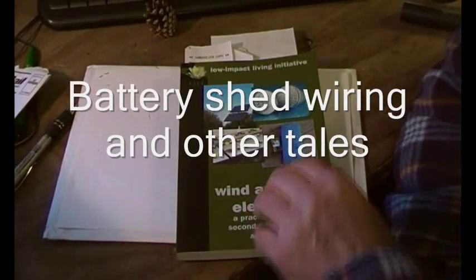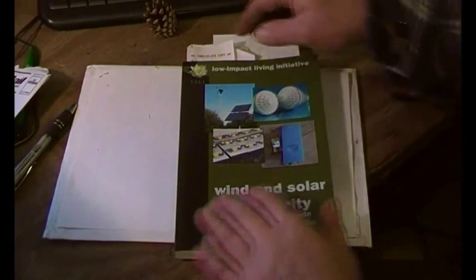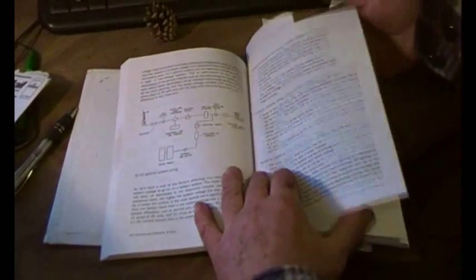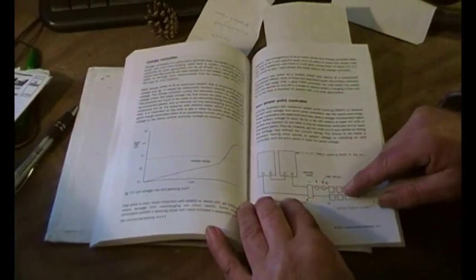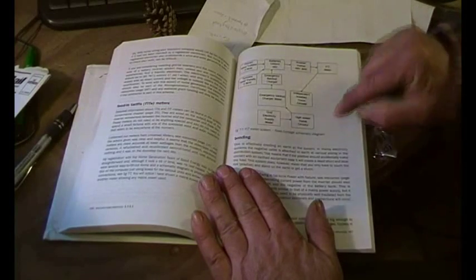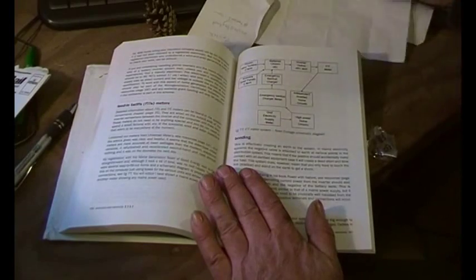Okay, so this video is an update of some of the schematic wiring in the book. So let's just have a look. We've got a basic set out here, then a bit further on, past various photos, is a bit about the solar, and a bit further on still we've got a general schematic of how the grid interacts with a battery based system. However,